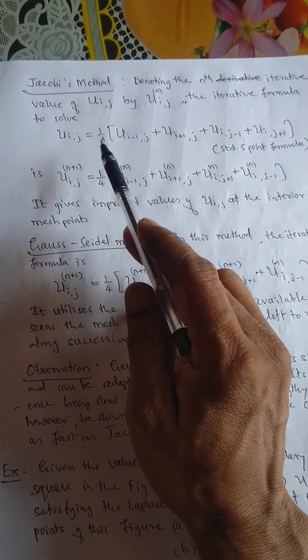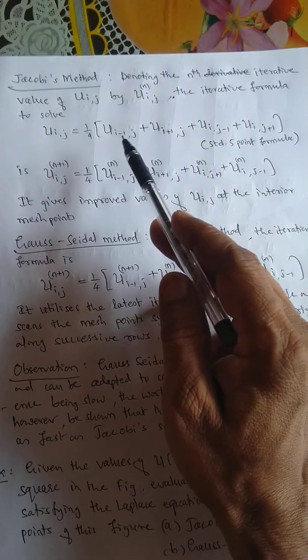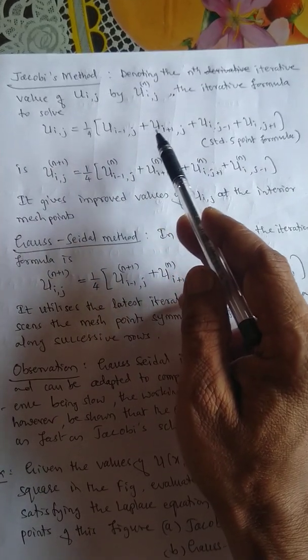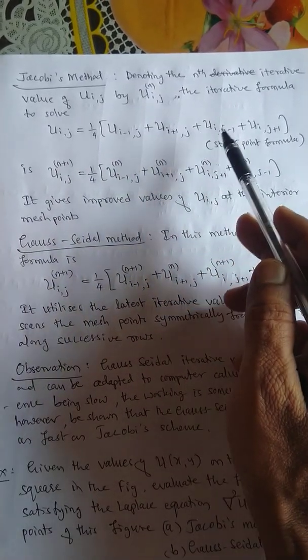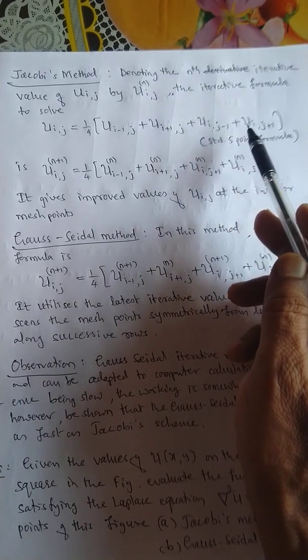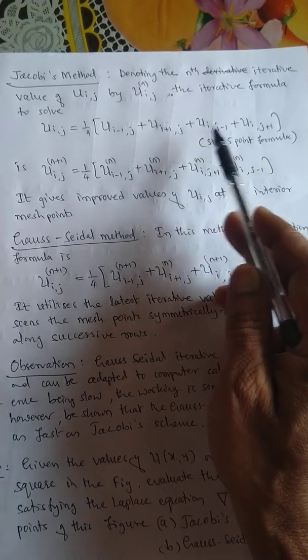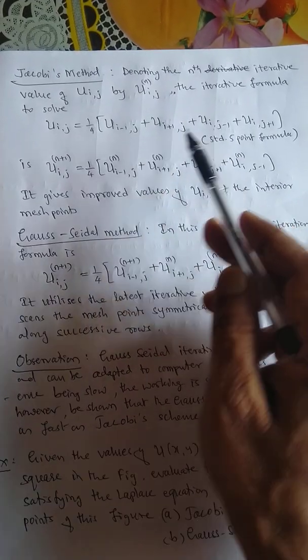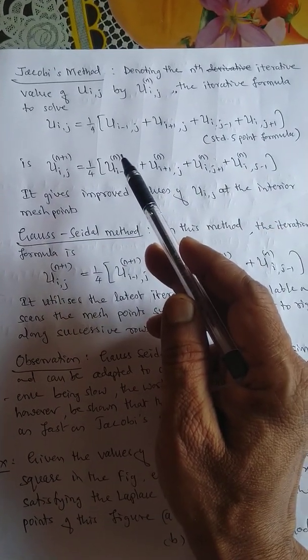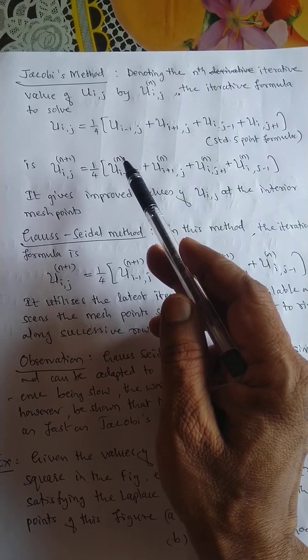u i,j is equal to 1 by 4 of u i minus 1,j plus u i plus 1,j plus u i,j minus 1 plus u i,j plus 1. This is the standard 5-point formula. As we are discussing approximate methods, numerical methods,